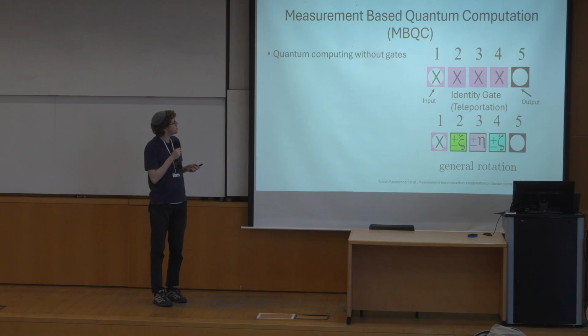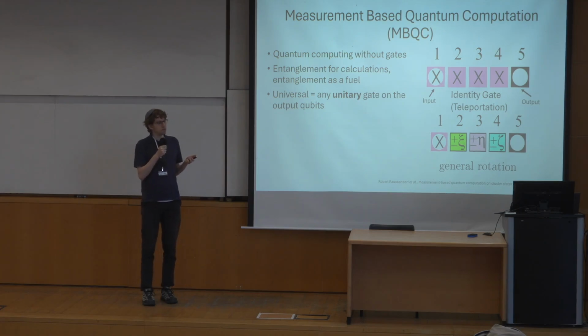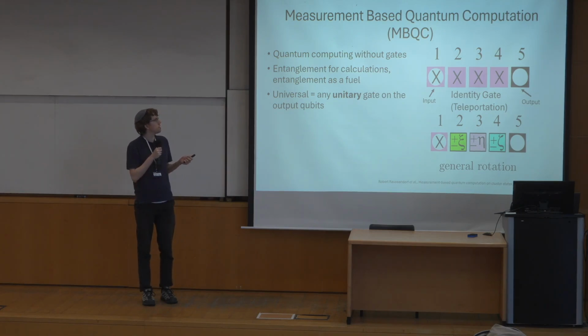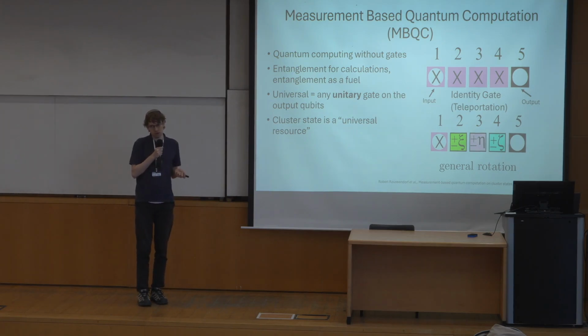And let me summarize here. So this is a quantum computation without gates. There are some entangled states at the start, because if you have a product state, there will be no connection between the input and the output. So you must have some sort of entanglement. The idea of the universality of this model is that you can do any unitary gate applied on the input to get into the output qubits. And the cluster state is what is usually used here as a universal resource. There are many options to choose from.